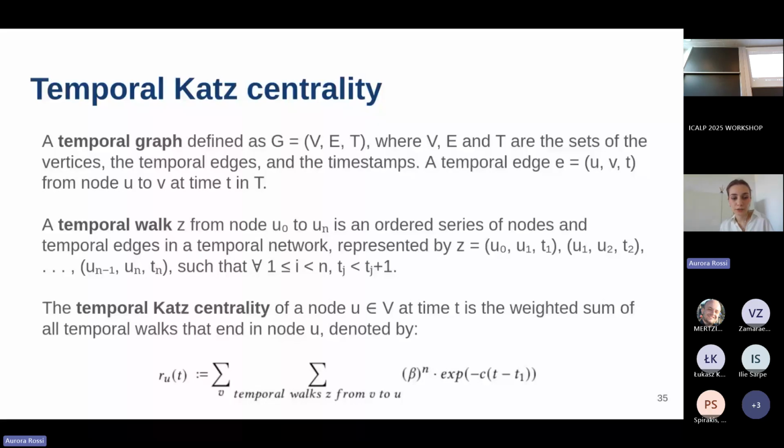So first I want to define the temporal cut centrality, starting by defining a temporal graph. A temporal graph is a graph in which we have a set of nodes, a set of temporal edges, and a set of time steps. And a temporal edge can be defined with U, V, which are the two nodes that are connected at time t. And a temporal walk from node U0 to UN is an ordered series of nodes